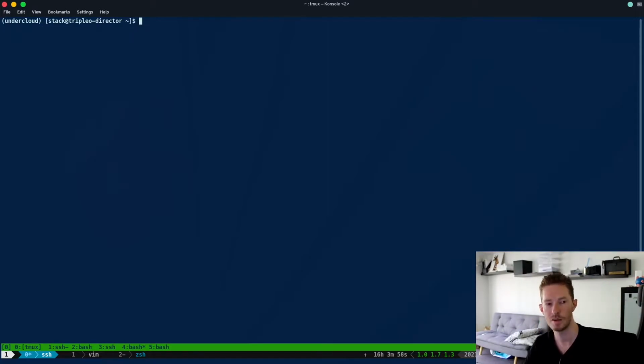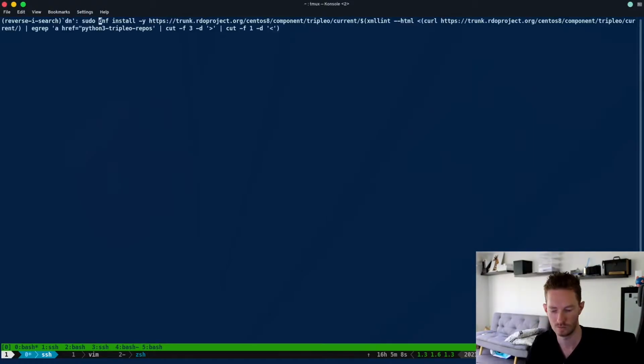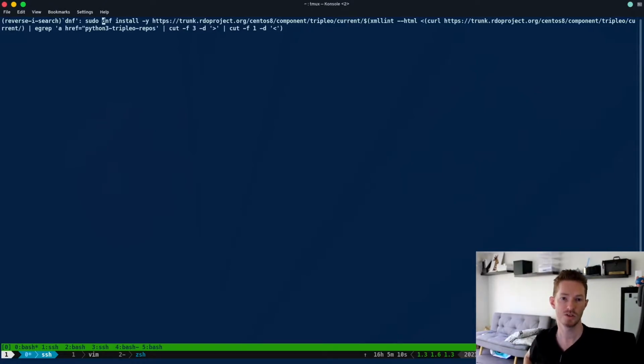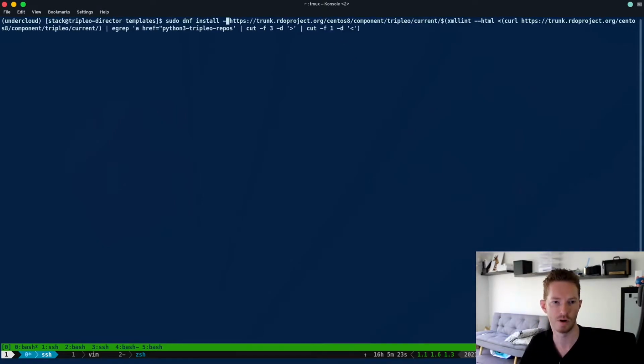So once we've made a backup, the next thing we want to do is make sure we have all of the repositories available. So we follow along with the documentation upstream that I will link below. It'll mention setting up the repositories, making sure you've got the latest DeLorean repository. So this command on the screen is going to go out and talk to the web server for the repos, and it's going to pull down the latest version of the TripleO repos and just install that. So for example, if I run that,